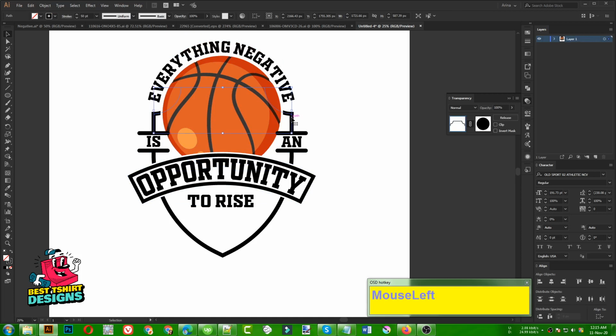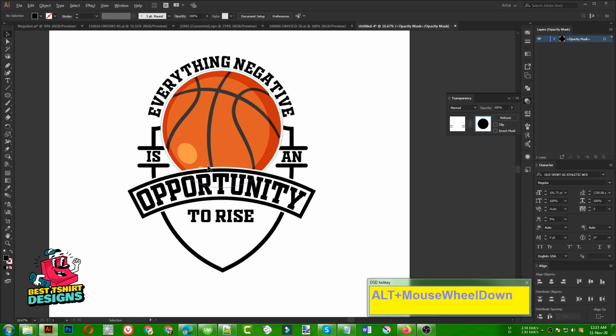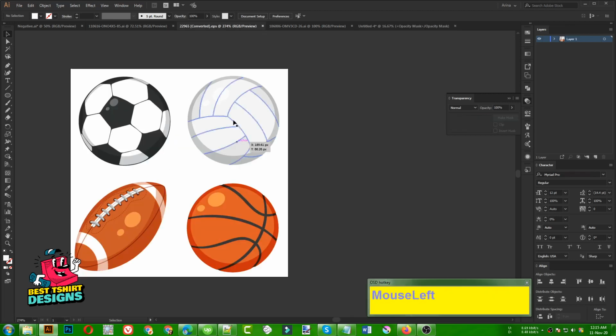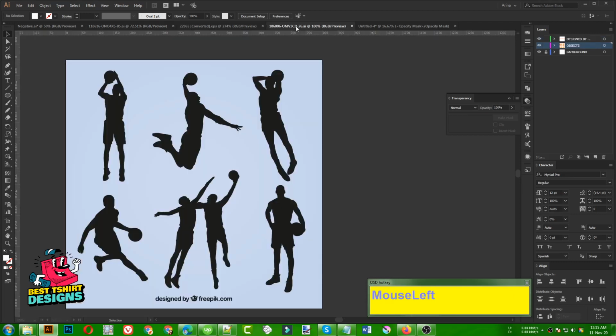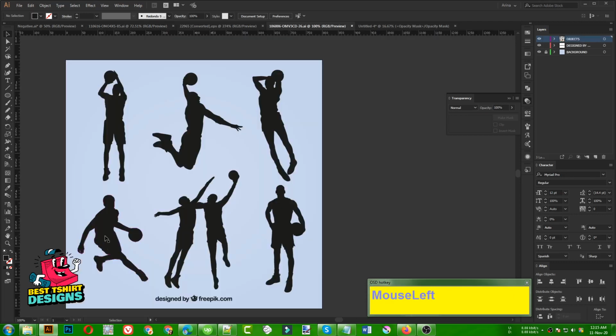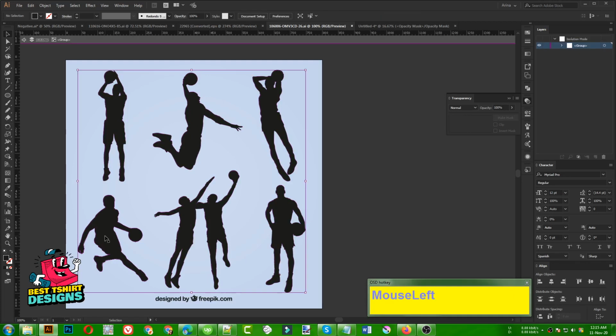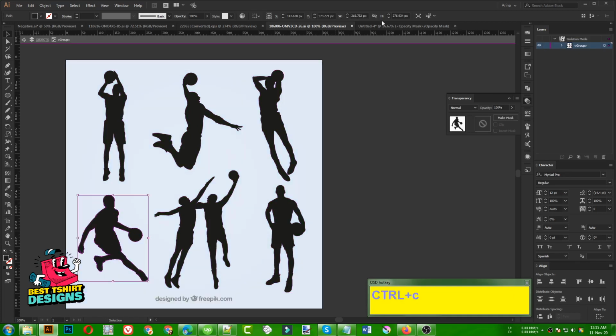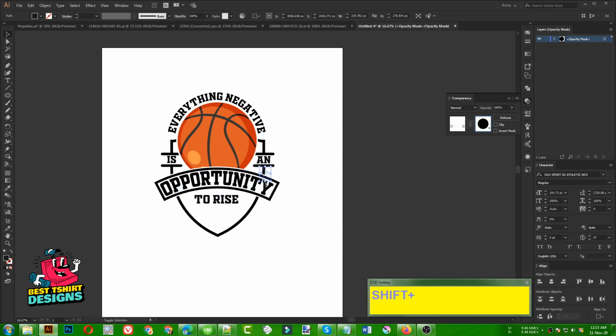Now I need to select this group, and then inside the transparency I will find that ellipse, copy that one. Then I'm going to select this group and this group, make them a group again, then open the transparency, paste in front, and it is going to give me that same cutout look from that area. So that is good. And also I wanted to use one of this graphic from here, so let's take him, maybe copy, then I'm going to use it here.